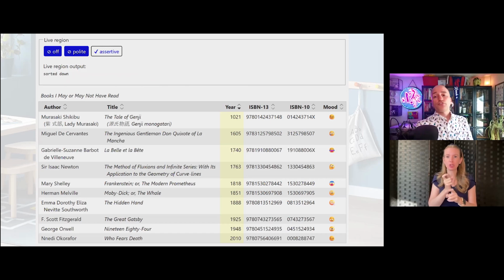Anyway, TalkBack also fails to announce that anything is sorted. That means you may need to add a live region to announce to the user when sorting has happened. My demo allows you to set the live region to polite, assertive, or just turn it off. I recommend building your live region support and being prepared to turn it off. If you know that nobody will ever visit on a Mac or on an Android phone, then you can probably skip it.